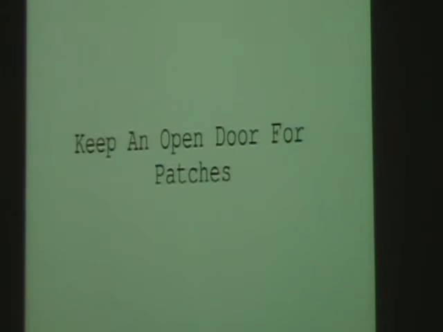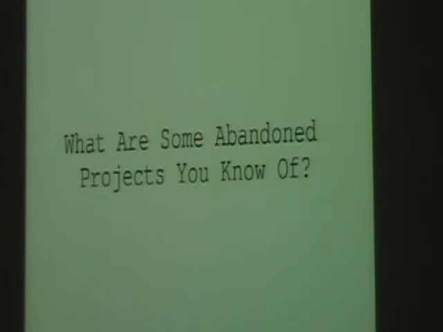Keep an open door for patches, because as soon as you start working on a project and people realize that it's no longer dead, you will get them. And learn as you go. I don't think it's necessary, if you're thinking of taking over projects, to know every line of the code. You should have a general idea, and you should be the right person to be working on it. If you're not someone who uses that stuff, you might not be. But just learn from your mistakes with the code and rapidly fix them. And I think you can go pretty far.